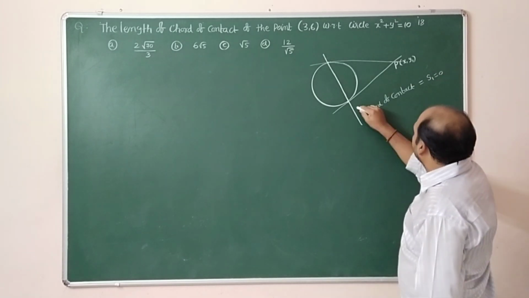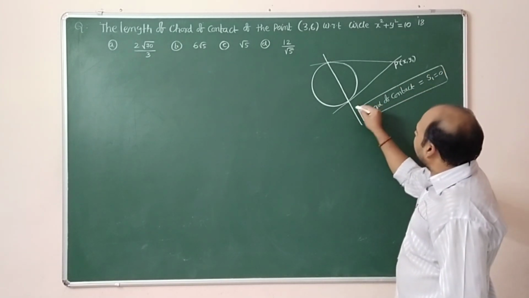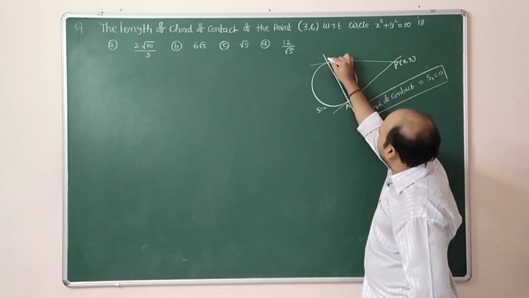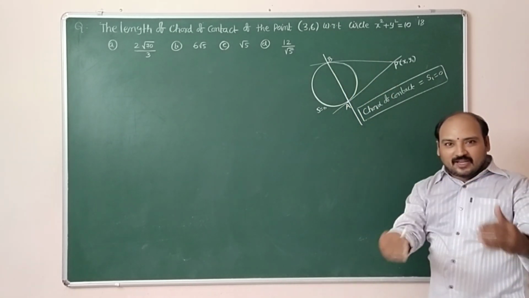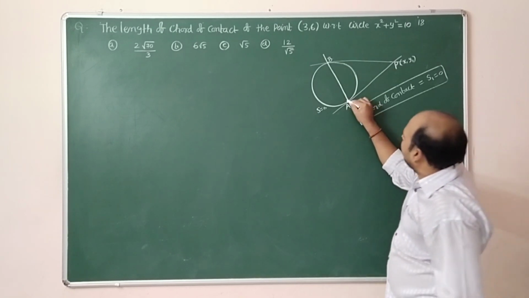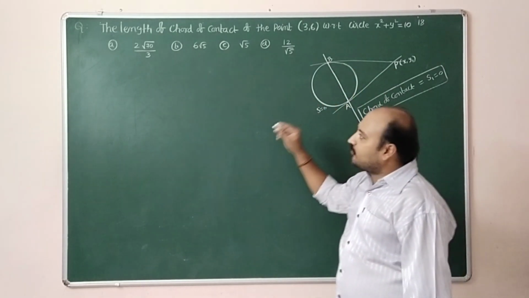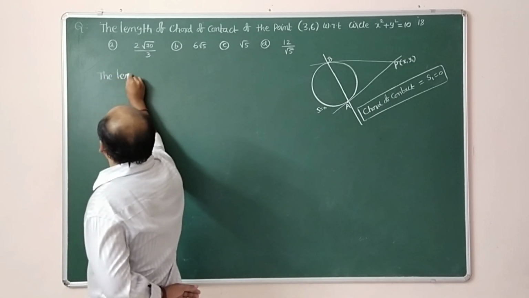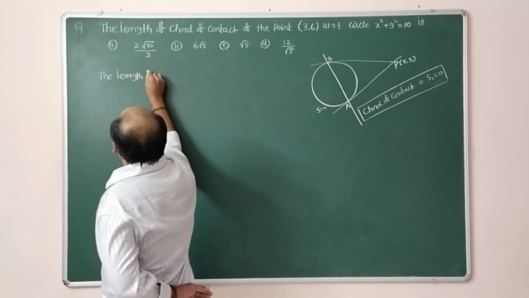S1 equal to 0. Chord of contact for the given circle. S1 equal to 0, this is the S equal to 0 circle. This is point A, this is point B. But how to calculate the length of the chord of contact? The length of chord of contact formula is: